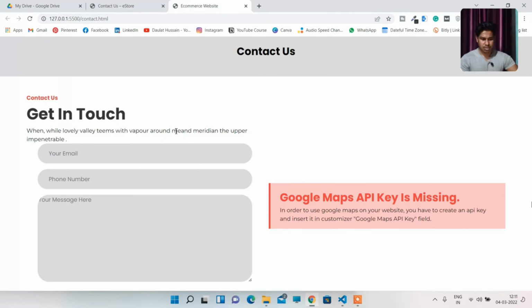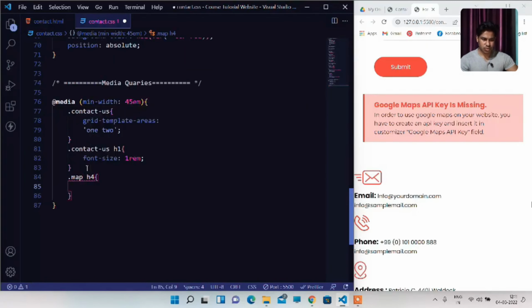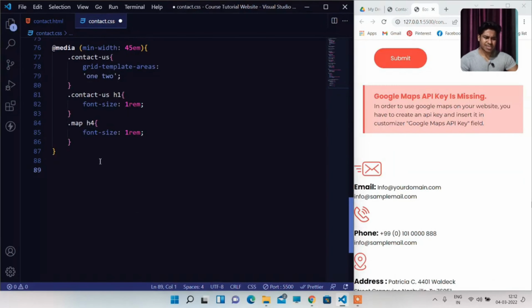So let's come into my HTMLs and let's see what's the matter. So let's target the map h4 and 1 rem font size. Now let's start working on the support section, and we'll fix that font later, that's why we're having some extra gap. So let's start working on the support,